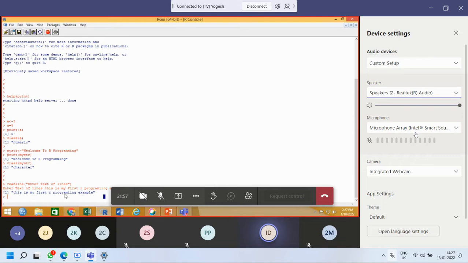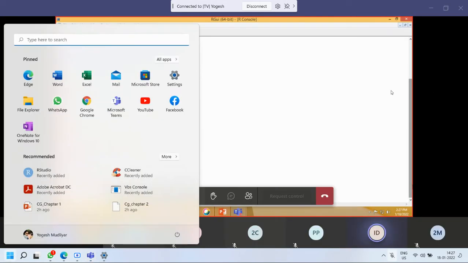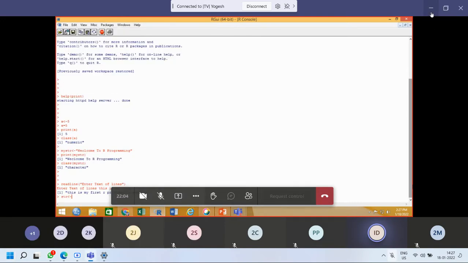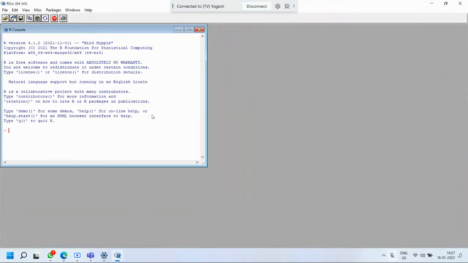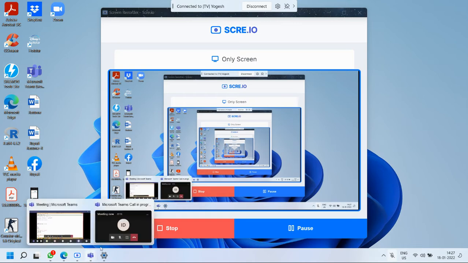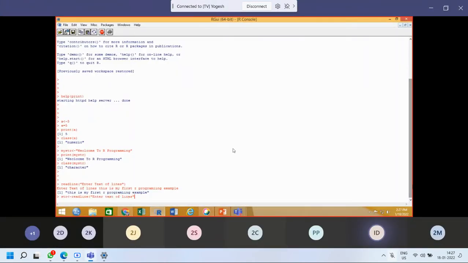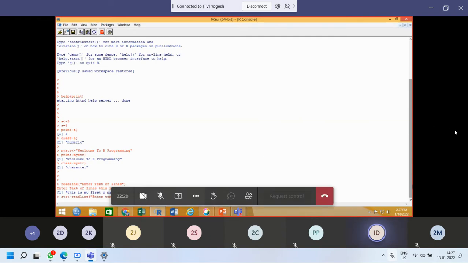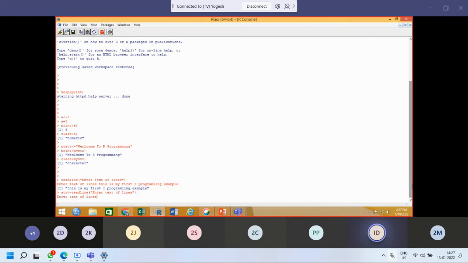But now the same thing I can assign to any variable. Suppose str, string, is equal to readline, with the prompt "enter text of lines". And now here I press the enter key. Now it will ask me to enter the text of lines, and again I type welcome to R programming,